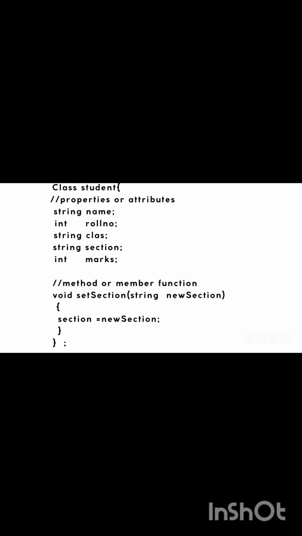A roll number which is an integer, a section which is a string again, and marks which are integer. So these are the properties or attributes. After that we define the methods or member function which is void. That's the function. Here the class ends. After declaring this class, we can put the data for this class. We can input the data for